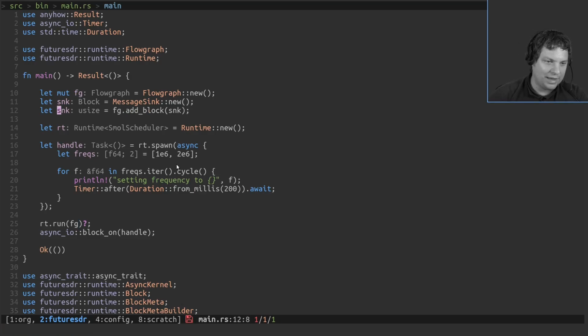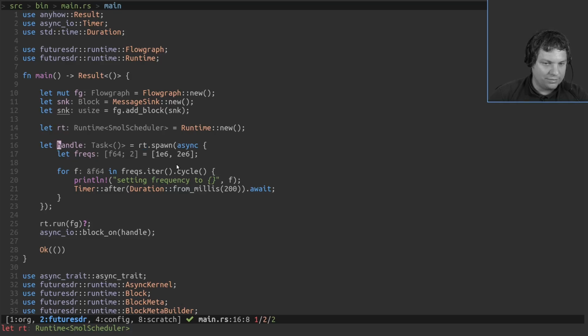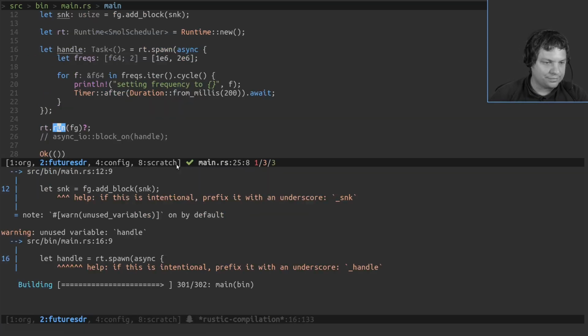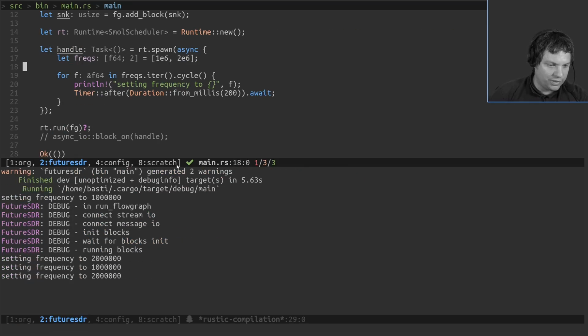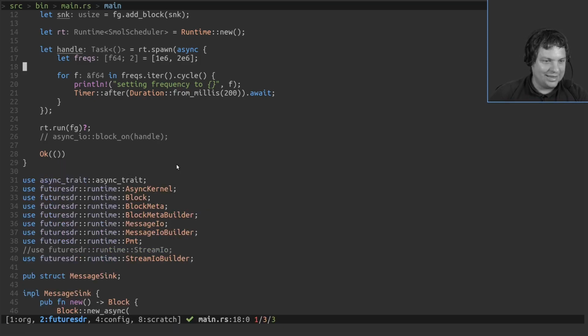Okay, so we get back an ID. The ID is now in this case probably 0 and describes our block. The block is now in the flow graph. And if we now run the flow graph, we should see that also this doesn't terminate because there's a block in the flow graph and nothing is happening. It's waiting for messages, so it's kind of running infinitely. I hope that it's doing. Yeah, so some warnings because we don't use variables. Okay, we see now the block is in the flow graph and it's, yeah, now just not doing anything. Let's kill it. Now comes the more interesting part.